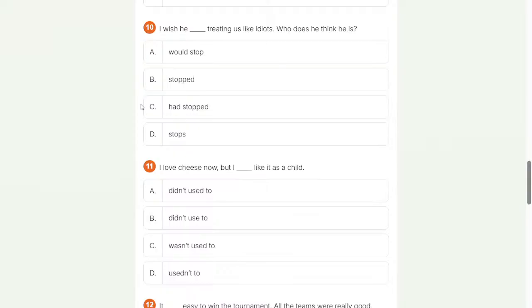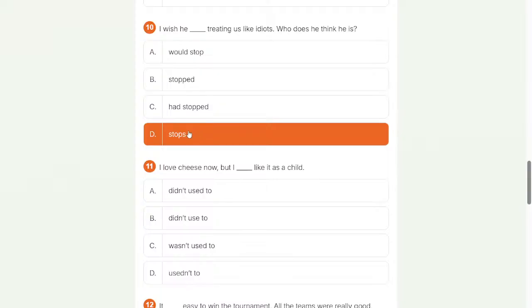Number 10. I wish he blank treating us like idiots. Who does he think he is? I wish. I also have a problem with this. I wish he stops treating us like idiots. Who does he think he is? I wish he would stop. Maybe present is the right choice.